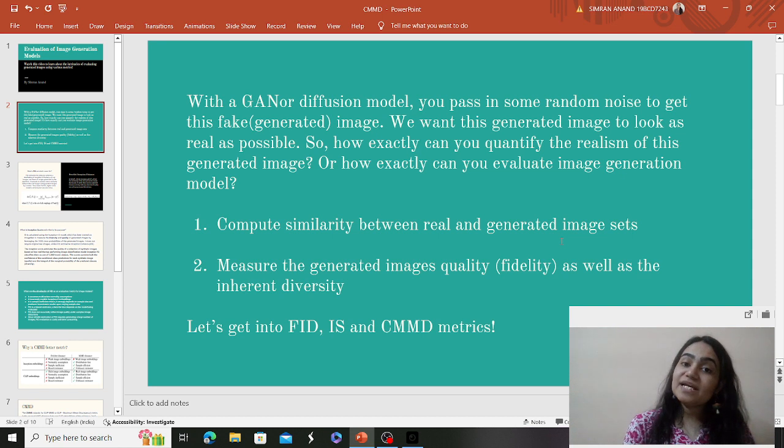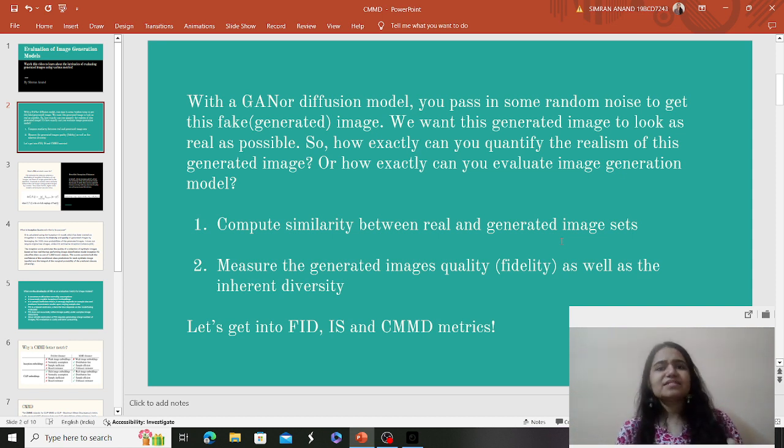That's what I was explaining in the very first part of my video, where I was talking about the GAN model, which is generating two image sets, right? Two image distributions. One, the real image distribution, and the other, the generated image distribution. The generated image distribution is the fake one, which is generated by your GAN network. So we need some metric which accurately calculates the similarity between the real and the generated image distributions. Now, when I say calculating similarity between real and generated, what does it mean actually?